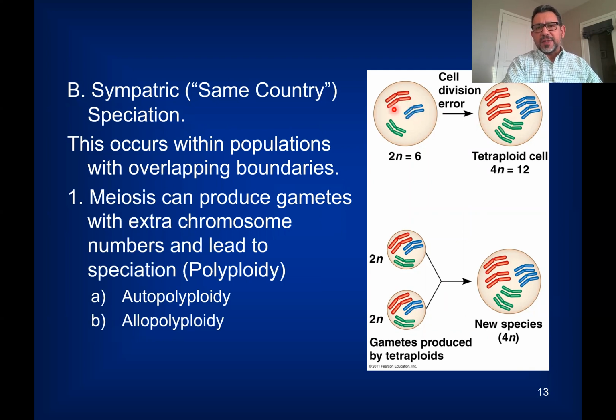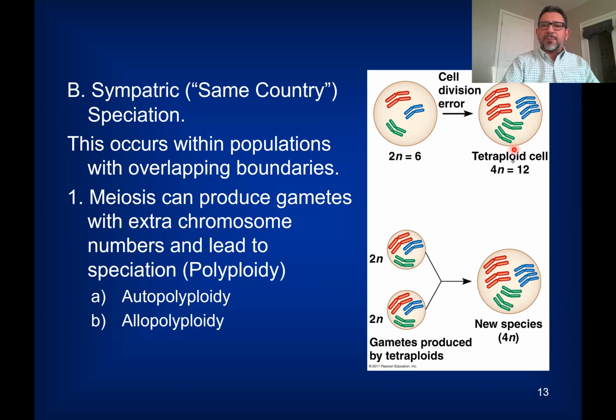Then instead of a diploid cell making two diploid cells, it ends up making a cell that has all of the chromosomes. That cell would have duplicated its chromosomes from 2 sets to 4 sets, and 4 sets of chromosomes is a chromosome arrangement described as tetraploid. Tetra in mathematics means 4, so tetraploid means 4 sets of chromosomes.